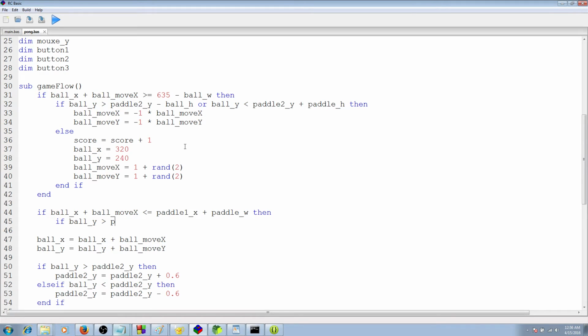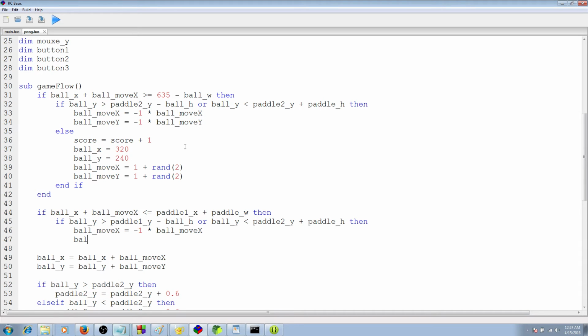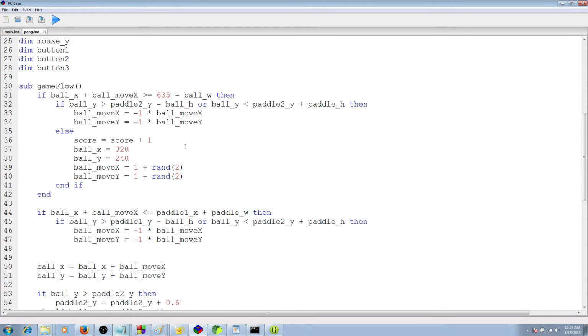And we're basically checking for the same thing in here too: ball Y greater than paddle 1 Y minus ball height, or ball Y less than paddle 2 Y plus paddle height, then ball move X equals -1 times ball move X, ball move Y equals -1 times ball move Y, and else we're pretty much doing the same thing here, except,